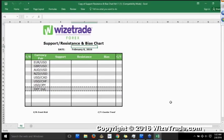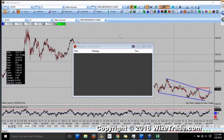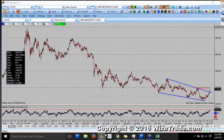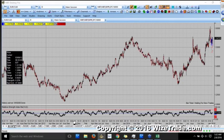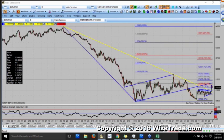So I just put out the support and resistance bias chart I'm putting out right now. We're going to start putting that bad boy together. Let's get started with the euro dollar as we normally do. Let me zoom in a little bit here. Okay, so in regards to the euro dollar,